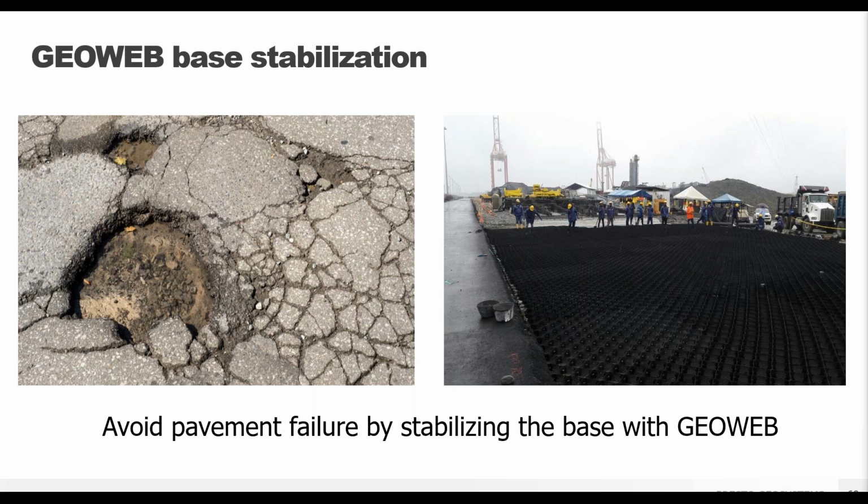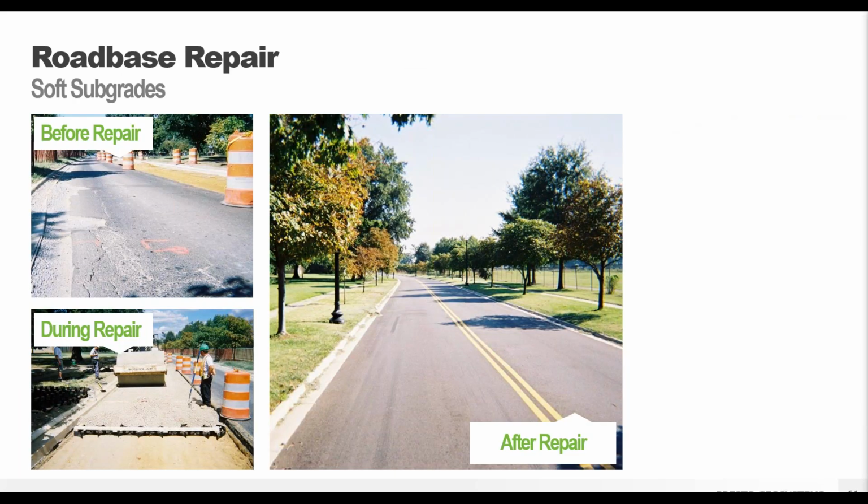Bad drainage is a possible cause, but the most likely culprit is going to be buildup of pore water pressures underneath your pavement. Reducing and keeping those pore pressures low is a key factor in pavement design with the GeoWeb system. And the positive effect of the GeoWeb system in the pavement base layer is the extended pavement life and lower maintenance requirements. So, pretty common problem that we see here.